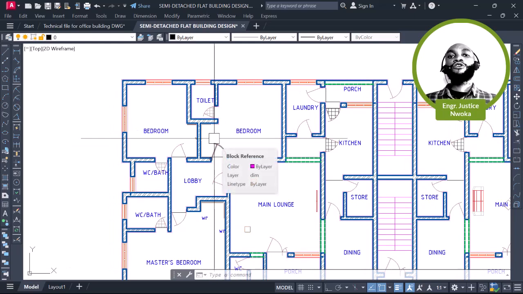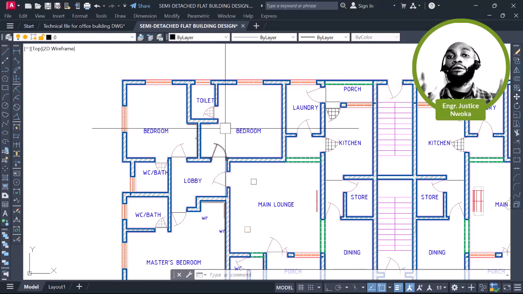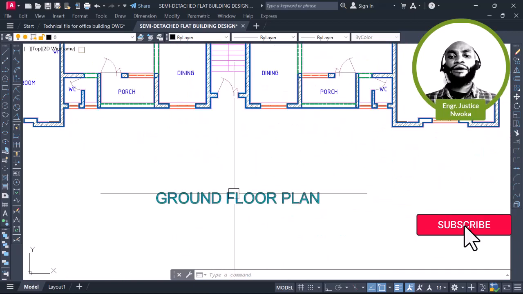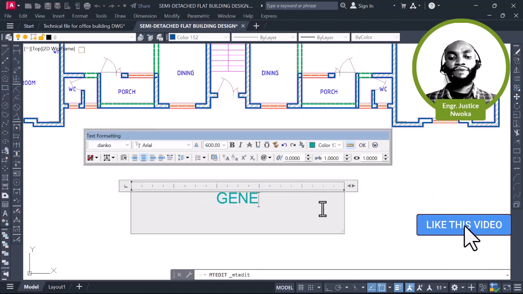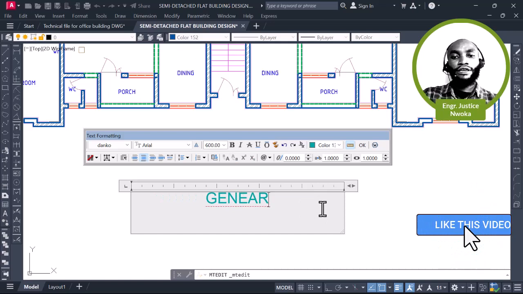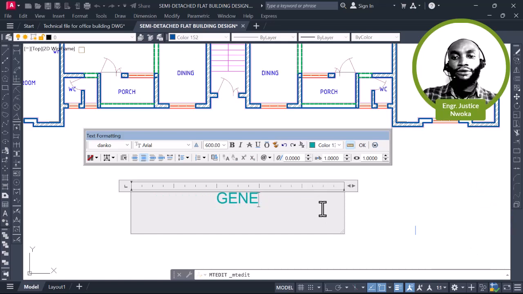Now when you're talking about structural framing, we talk about placing your grid lines, positioning your column points, and then paneling your structures, how your beams are going to run, your slab and everything. So that's comprised of the general arrangement drawing, or call it structural framing. Okay, so right now I'll just come here and title this General